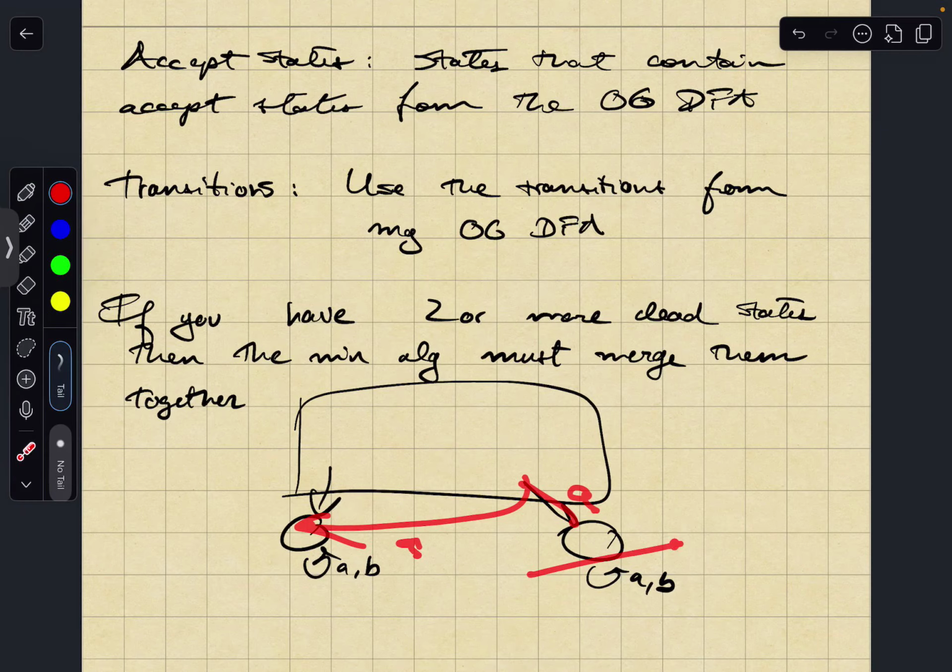But I don't see why the algorithm would do that, because in order to eliminate a dead-end state we would have to find distinguishable things, and we can't do that. Yeah, this is a bit of a deep question. Can I talk to you after? I see what you're saying, but it should actually minimize them together.